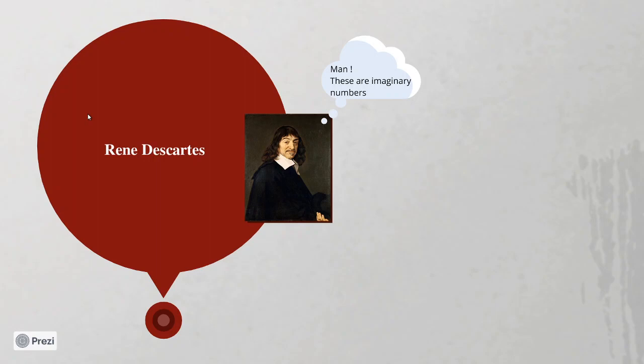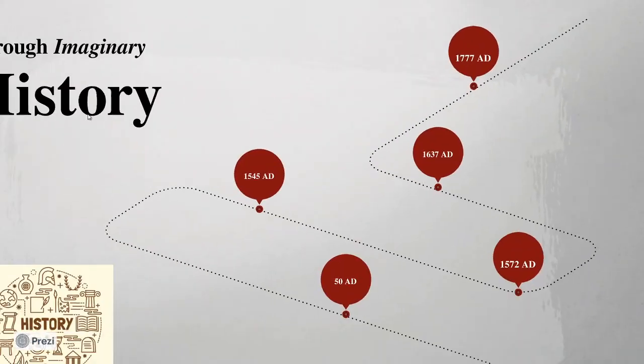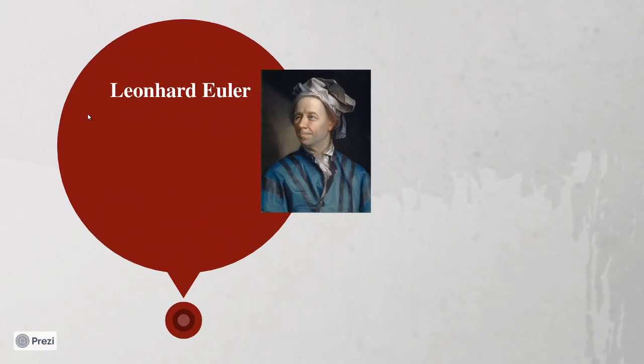And actually that is how we got the name imaginary numbers. These numbers are not imaginary actually. It is as real as any other number. Root of -1 is not an imaginary number. But he called it imaginary, and from there the name just stayed on. Okay, so let us move on a few years and come to 1777 AD, and we reach this great mathematician called Leonhard Euler. It is pronounced Euler.